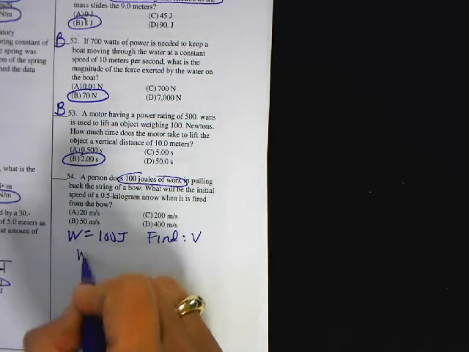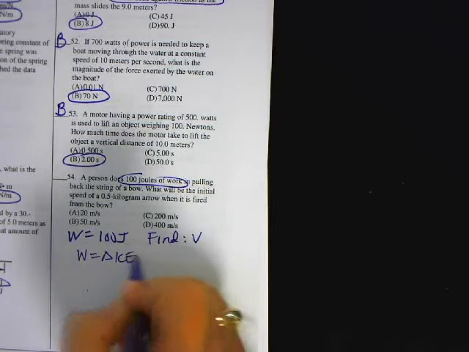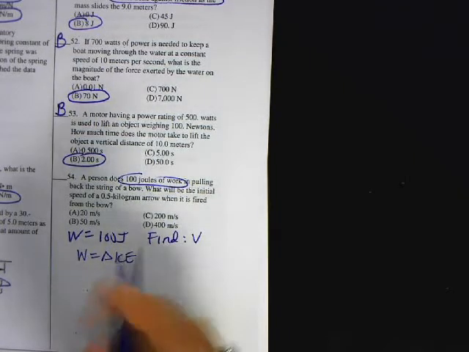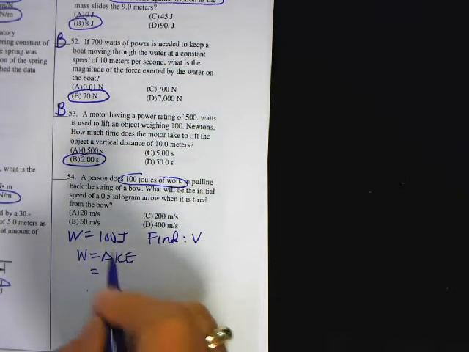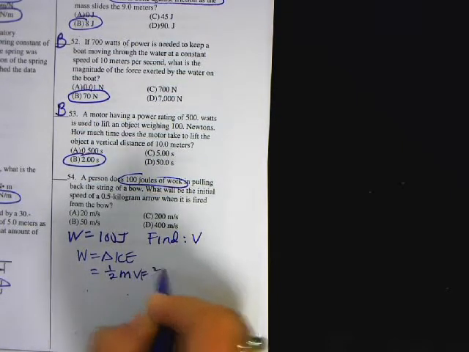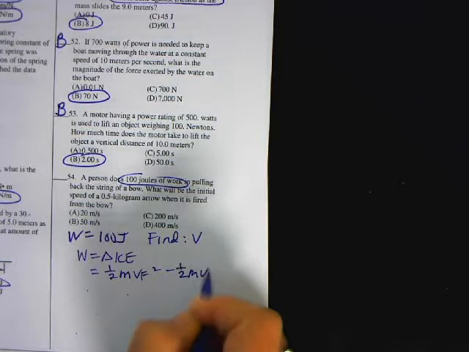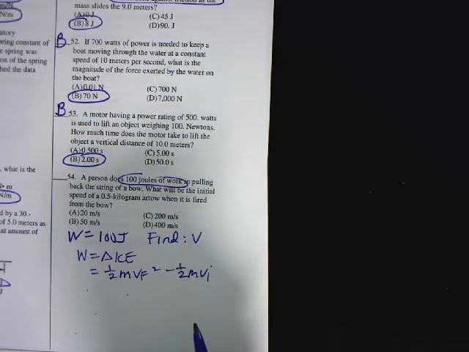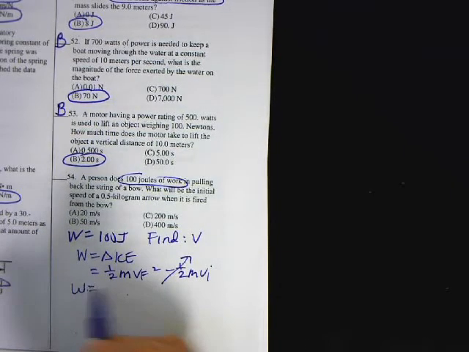Well, I know that work is equal to the change in kinetic energy. So work is equal to 1/2 mvf squared minus 1/2 mvi squared. So initially it's going to be 0,